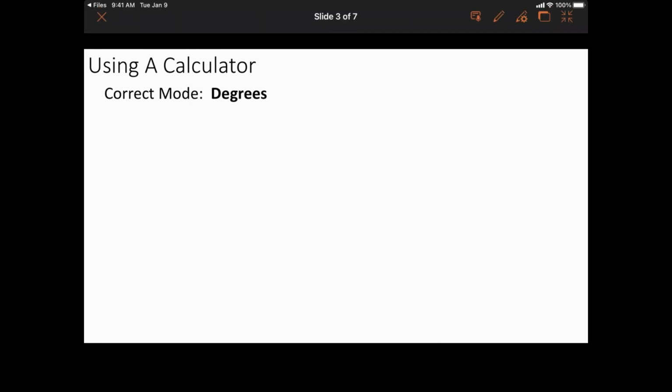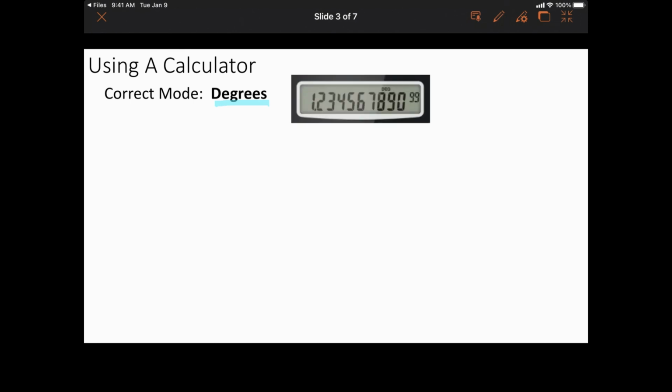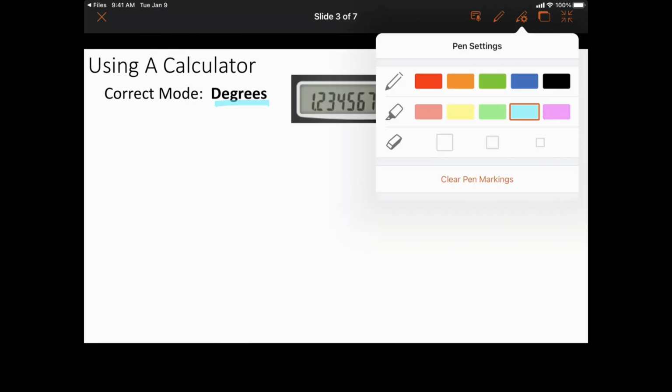All right, the first thing you have to do is make sure you're in the correct mode. The mode you want is degrees, because that's how we measure our angles. There are different measurements, and in different math classes you may use radians, but for our class we use degrees. If you look in your calculator, and it really depends on your calculator,